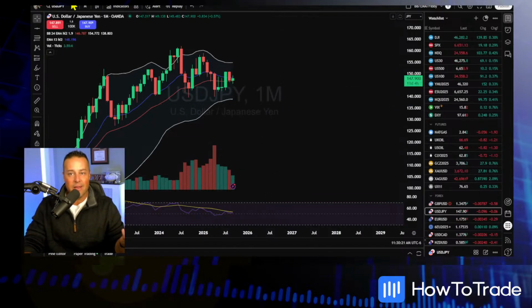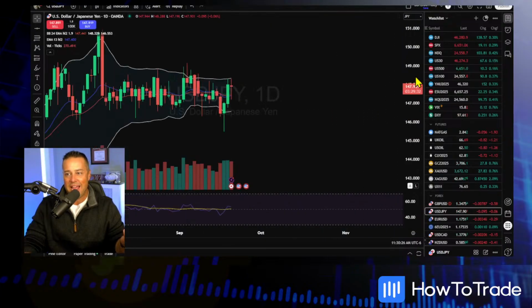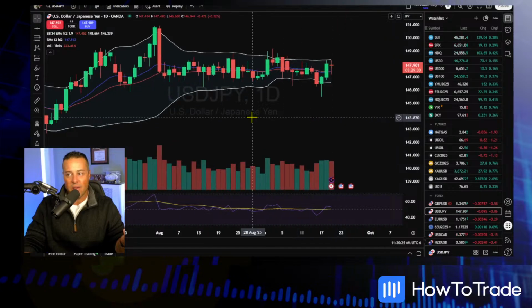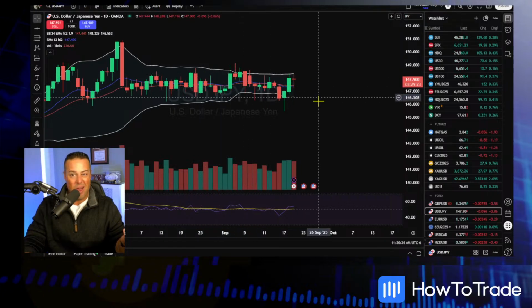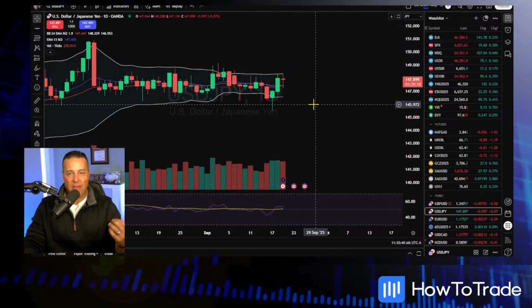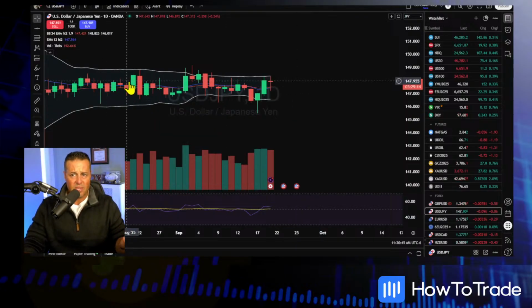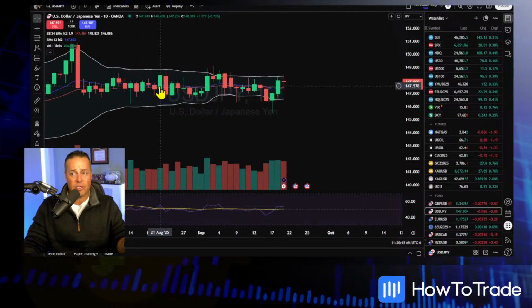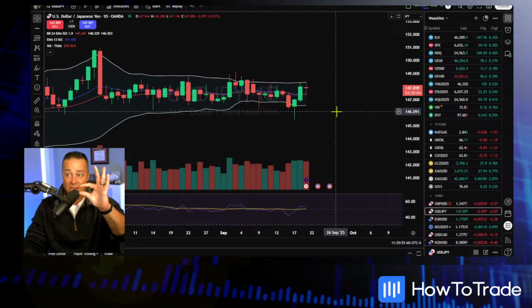So what happened today for the dollar yen? Not a whole lot. The yen's been very stagnant. Take a look at our Bollinger Bands. We talked a lot about these things when they get parallel. Sometimes you just sell the top and buy the bottom. That's exactly what we're seeing today. Had a little bit of a sell-off, a little bit of a rally, and now we've got a doji. Nobody really knows what to make of the Japanese yen at this point. It looks to me like there's going to be a breakout at some juncture. You're testing the top, testing the bottom, waiting for that really big commit one way or the other. Look at those Bollinger Bands shrink way down.